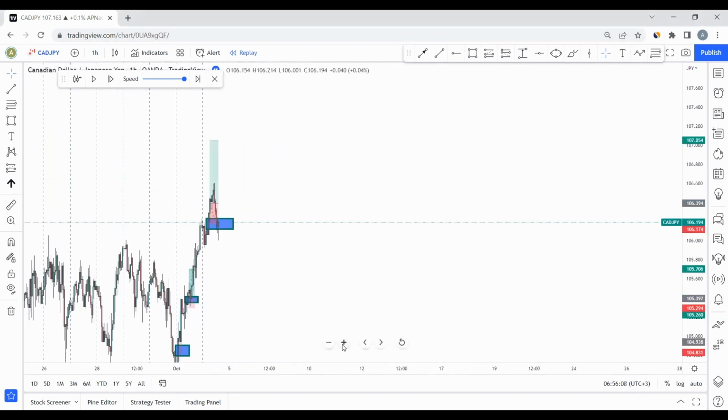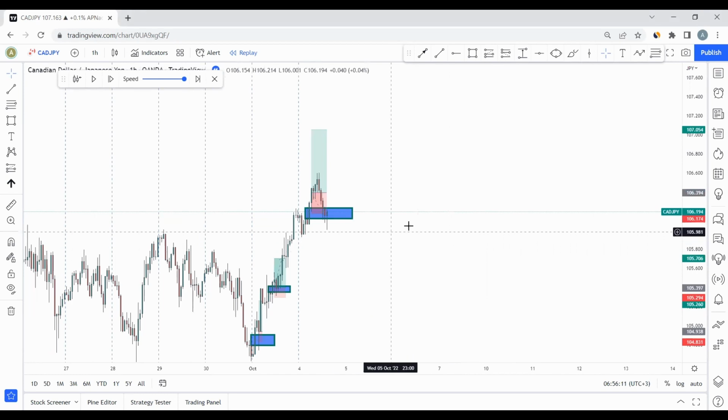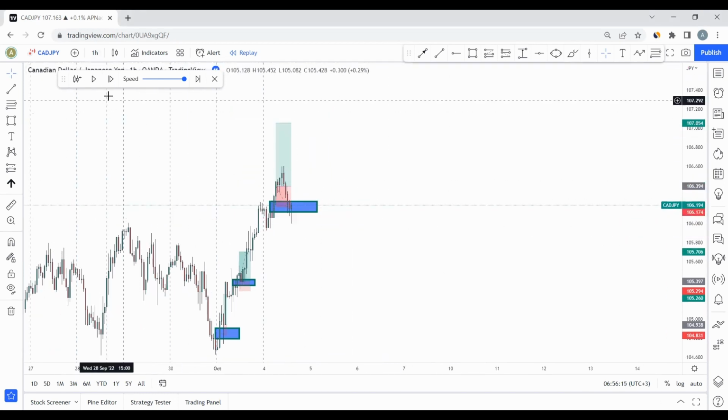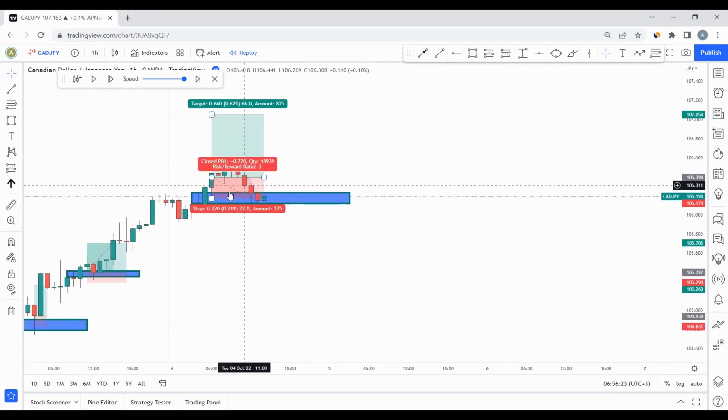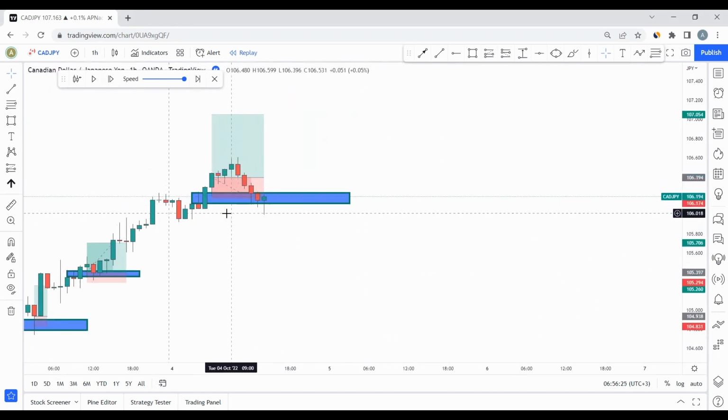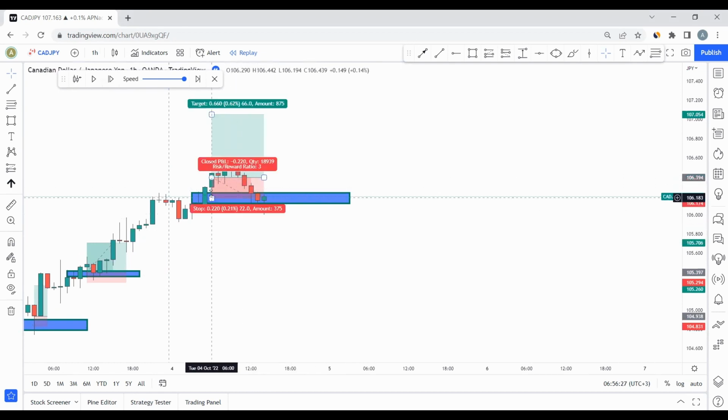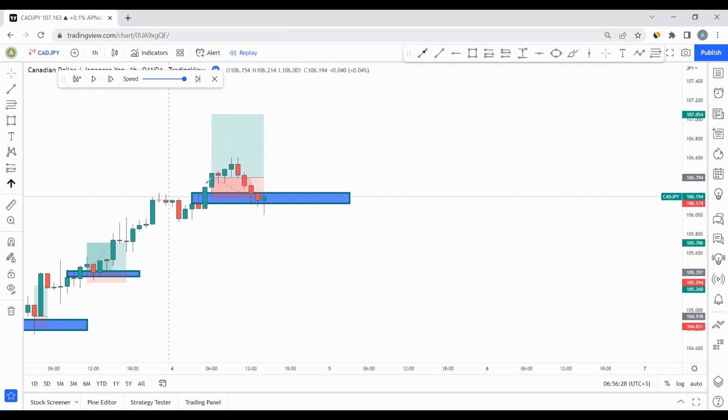Let's go back to H1 and repeat the same process. We are going to look for a W again. So in H1 here, when we hit stop loss, the market did create for us this M